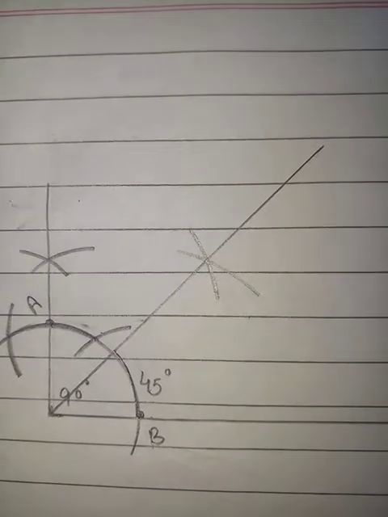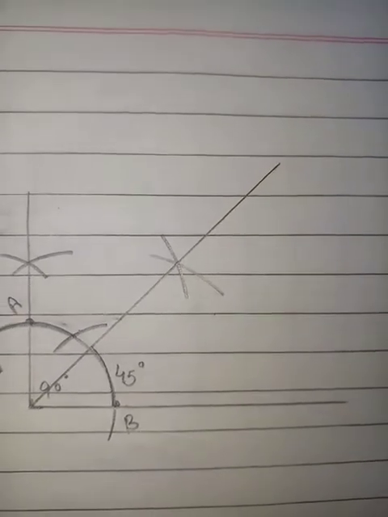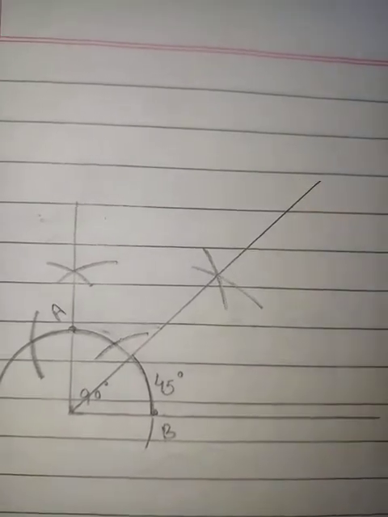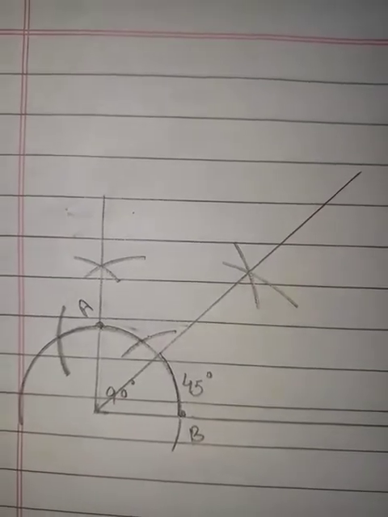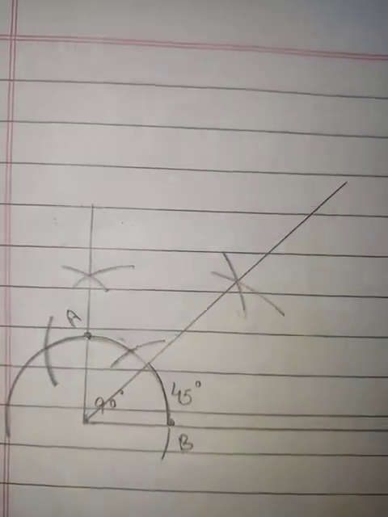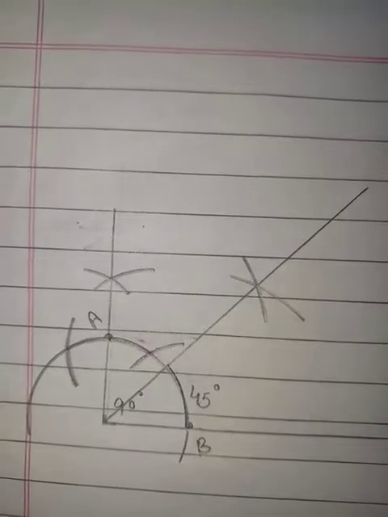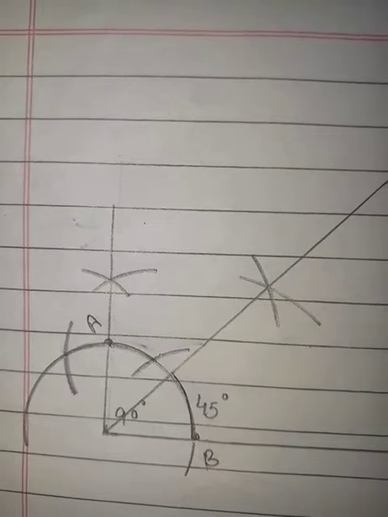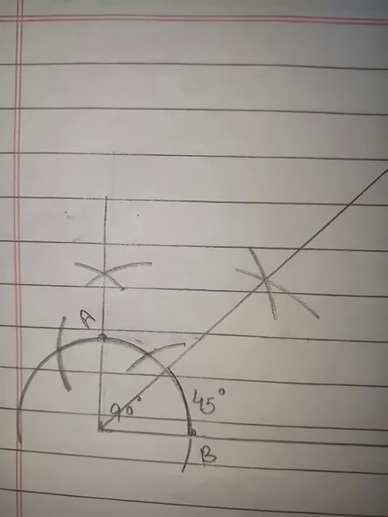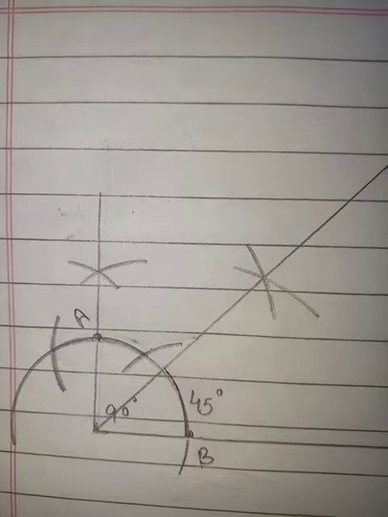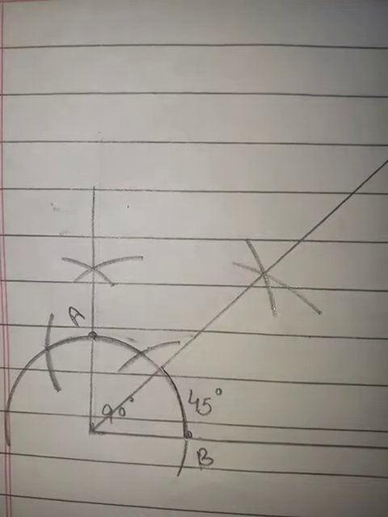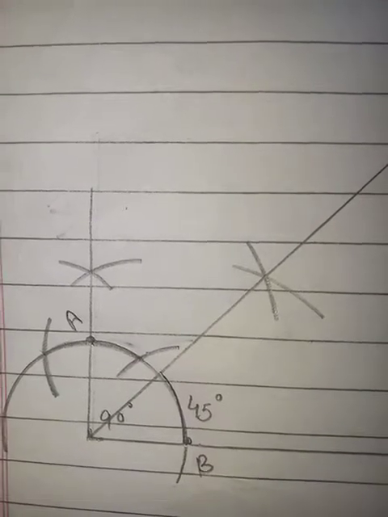So let's see, beta, this is the angle of 45 degrees. The construction of a 90 degree angle, you know how to construct. Now, what is half of 90 degrees? Half of 90 degrees is 45 degrees. It means if we draw the bisector of 90 degrees, we will get the angle of 45 degrees. Beta, bisector of any angle means dividing the angle into two equal parts. Bisecting the angle means dividing the angle into two equal parts.